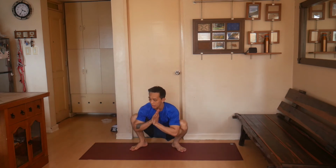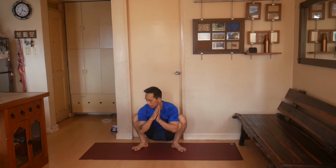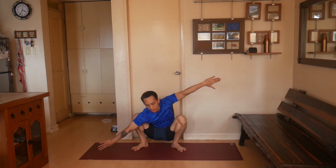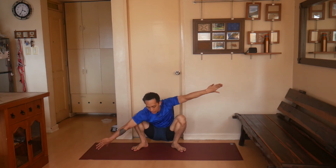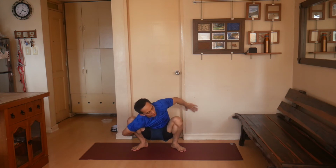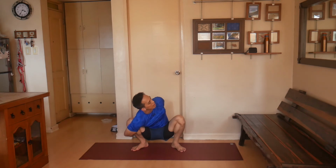So you push the palms down towards the center of your chest, and then here you take your right hand down, the left hand up, and from here turn your arm bones inward. So your thumbs are facing down. Then wrap your hands around the leg, the other one around the leg, the left hand around the hip, and have your fingers together. Then you turn your left shoulder up and try to squeeze your right hip, your shoulder